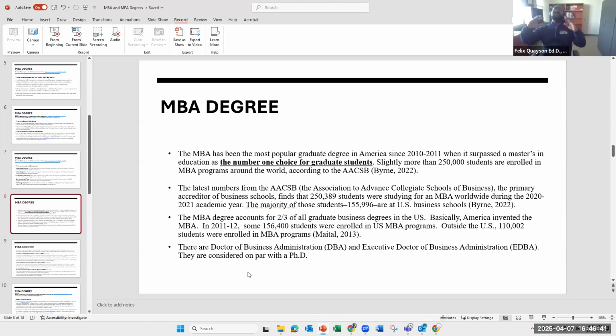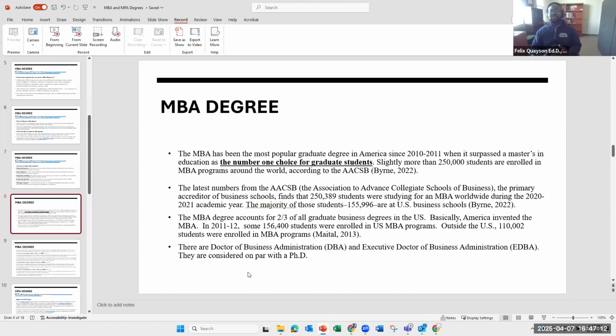So, of all the business degrees, the bachelor's, the master's, the doctorates, the DBA, which stands for Doctor of Business Administration, the MBA degree specifically accounts for 2/3 of all graduate business degrees in the US. So basically, America invented the MBA, and America has the highest concentration of students pursuing the MBA. And in